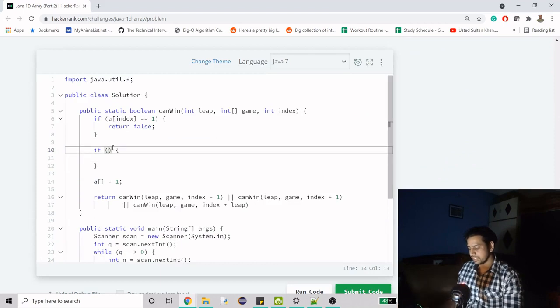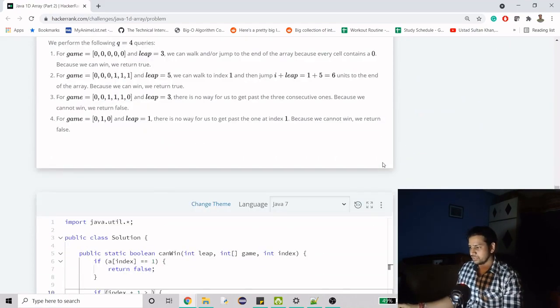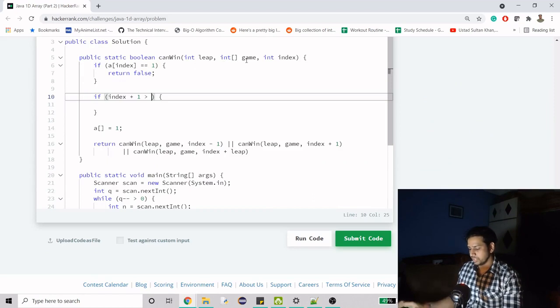If the index plus 1 is greater than n minus 1, right? So n being the element, or you can say the array length, minus 1, or we can win this game if index plus leap is greater than game dot length minus 1.